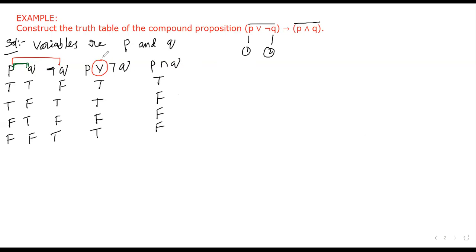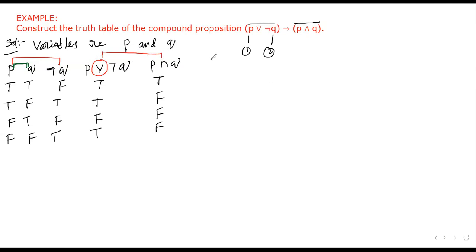Entire means already these two. First we have to take these two. Already you know the first bracket value, and already you know the truth table of the second bracket. Now we have to combine these two. Combine these two means, see this red mark, already written here. Do you understand?